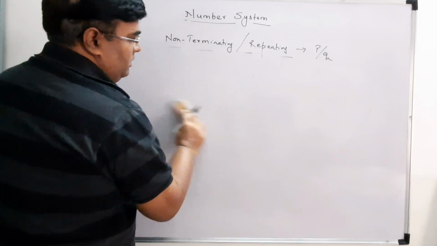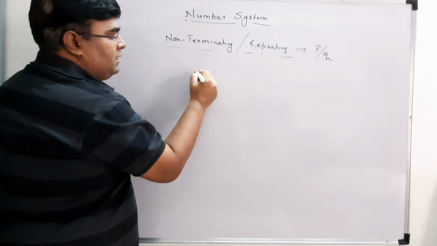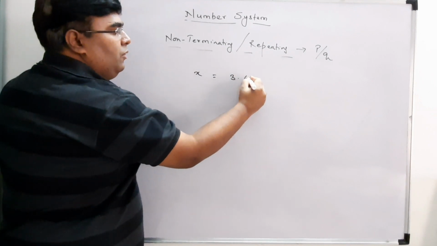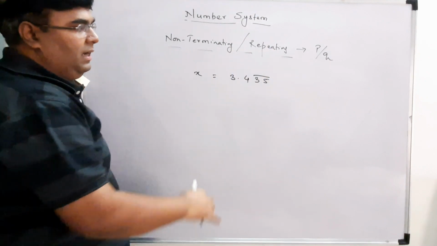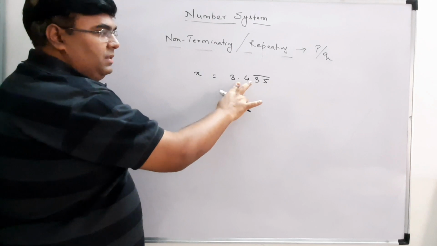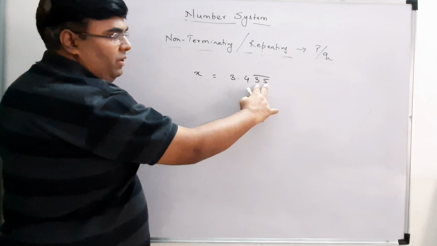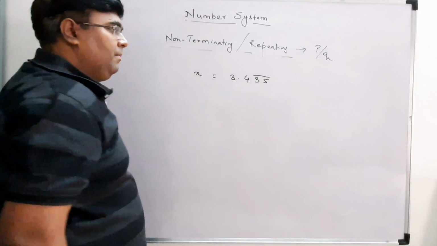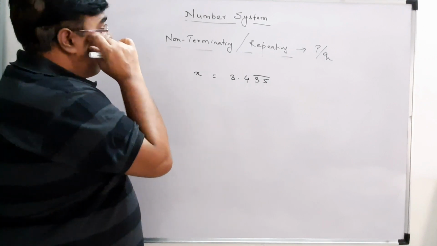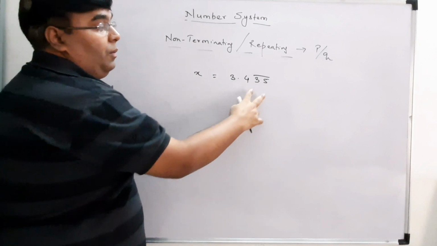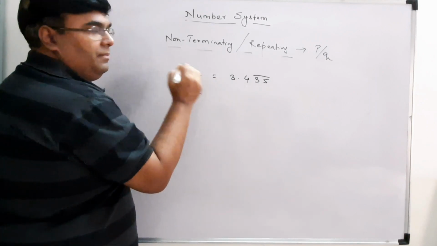Okay, let us take another example where we have two numbers repeating, and let us make something complicated, like x is equal to, suppose, 3.435 bar. I have taken the decimal here, and after that there is one number which is not getting repeated, but 4 is there, and then the two numbers 3 and 5 which are getting repeated. But we will follow the same steps. If you multiply, how many numbers are getting repeated? 2. So we will multiply by 100, right?